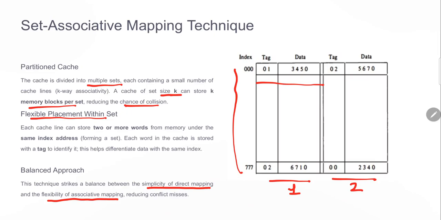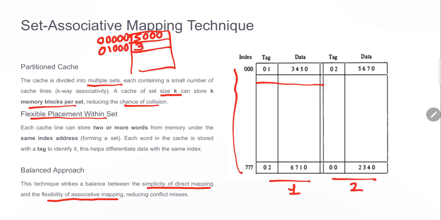We have already seen in direct mapping that it stores the same way. Suppose we want to store the data available. Suppose I have this, and this is my location, let us say 00000, and here I have data 5000. And I have another one, that is 01000.